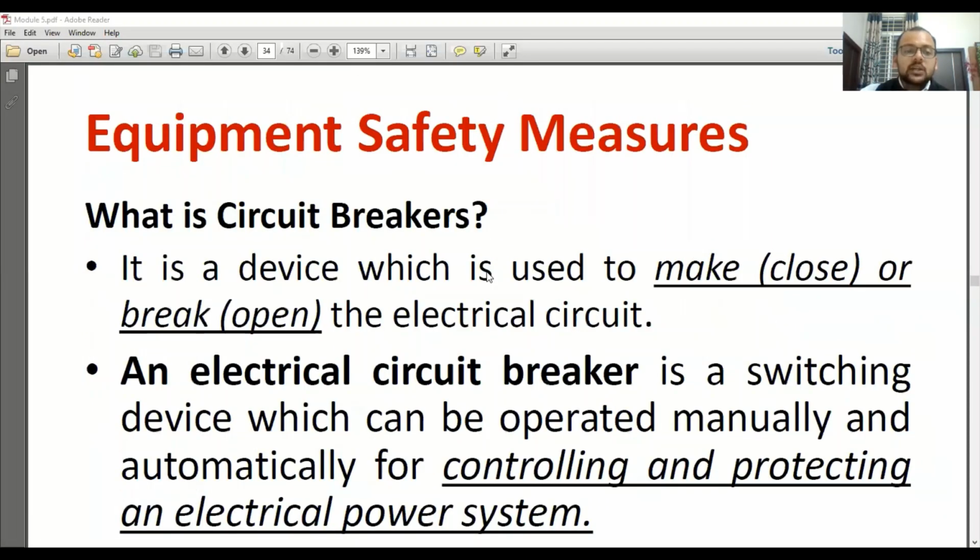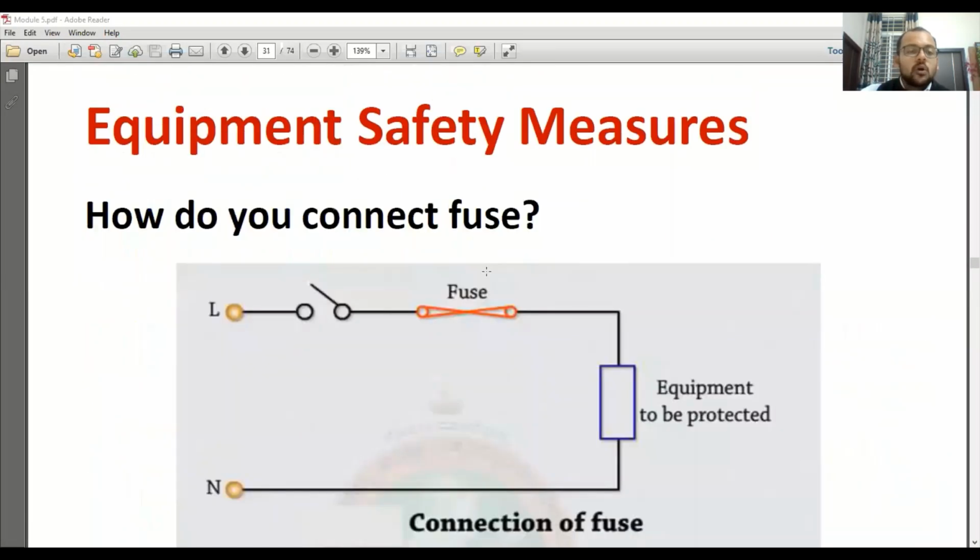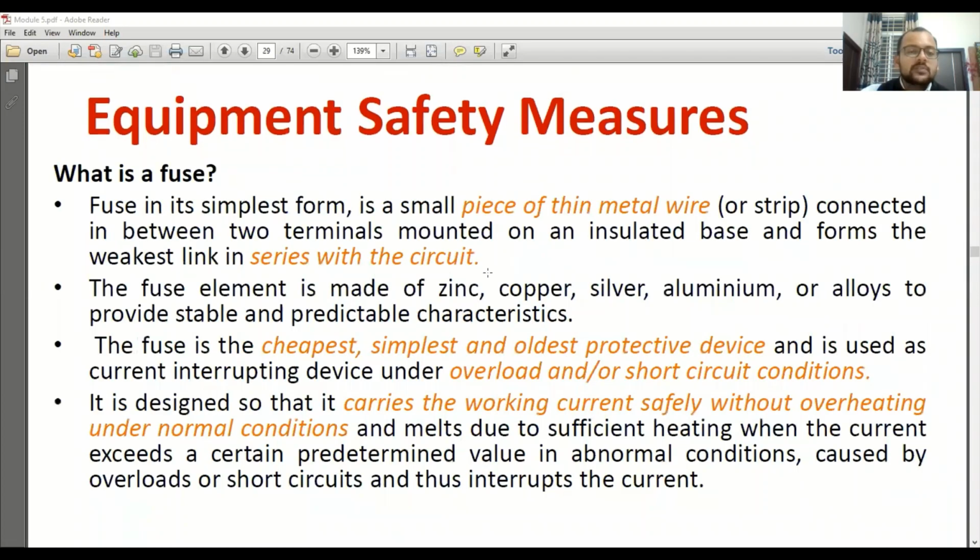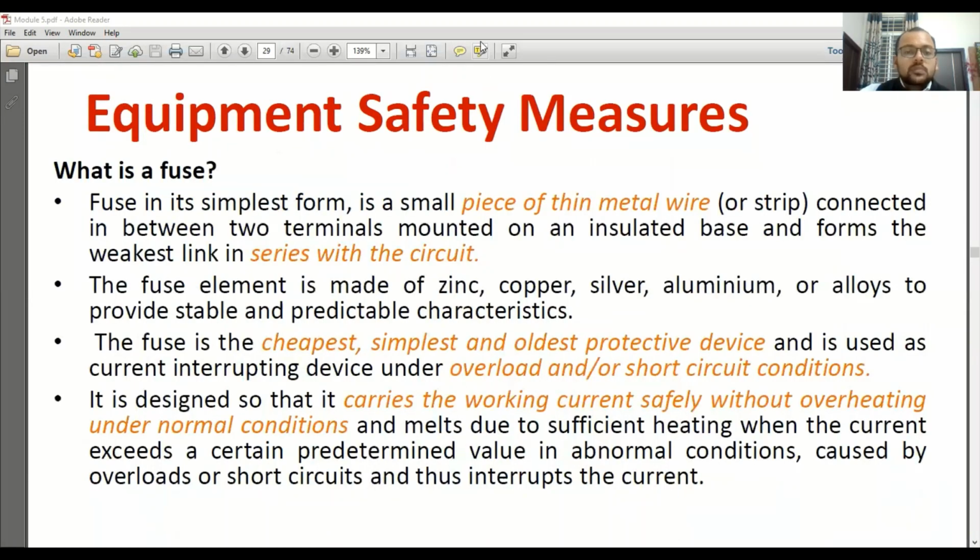Then do mention the advantages of fuse. What are the drawbacks of fuse? All these things you can explain very clearly. Hope this is clear to everyone. Now moving further,